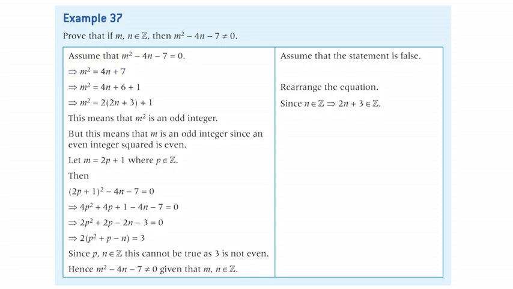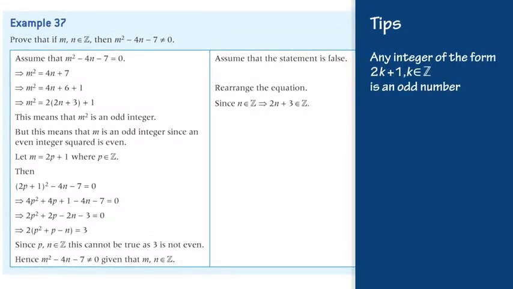You can now rearrange the right-hand side to show that it is equivalent to an odd integer as follows, recalling that any integer of the form 2k plus 1, where k is an integer, is an odd number. Implies m squared equals 4n plus 6 plus 1 equals 2 multiplied by (2n plus 3) plus 1. Note that since n is an integer, the term in brackets is also an integer, which means that m squared